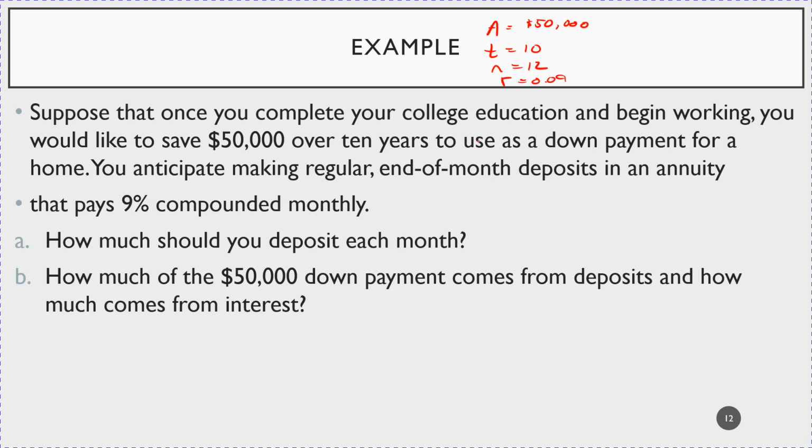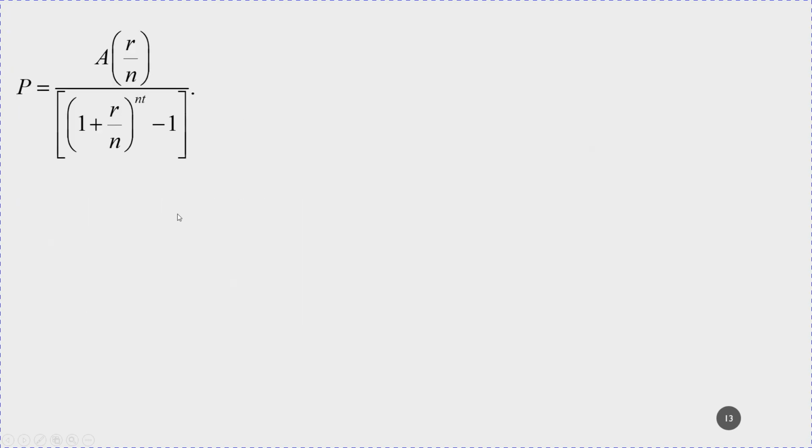So here's the question. How much should you deposit each month? And how much of that $50,000 down payment comes from deposits? And how much comes from interest? Okay. So again, you're just going to have to use the formula here. All right. So here would be part A, figuring out how much you have to put down. So you're going to just follow the formula, plug it in. You want to have saved $50,000